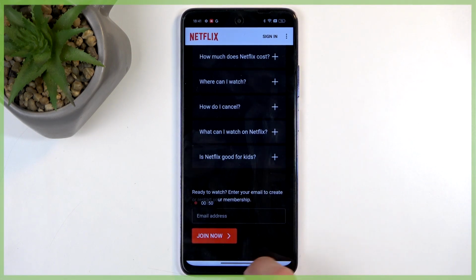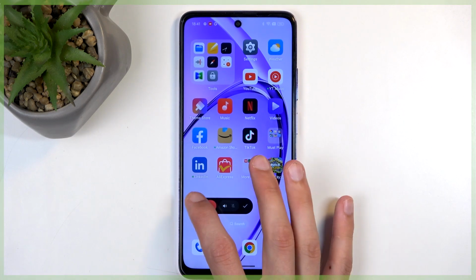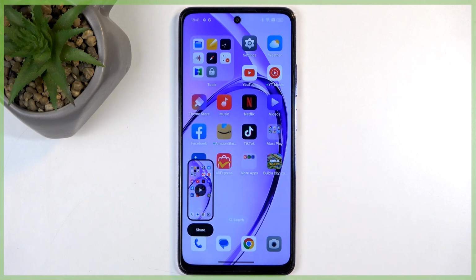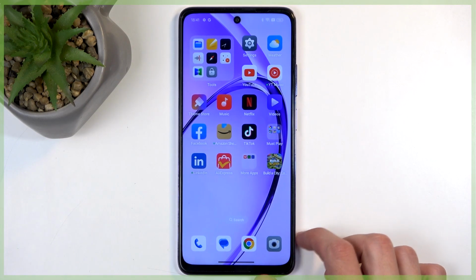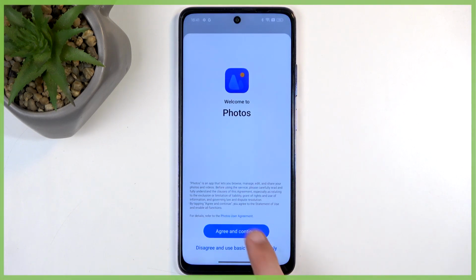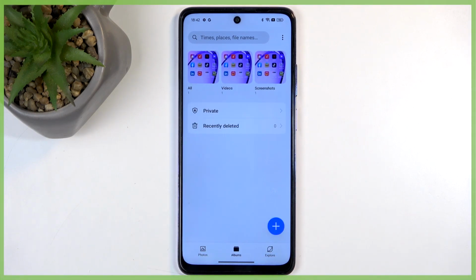So anyway, let's close this now. Come on, there we go. And I'm going to stop the recording. So I'm going to click right here on this check mark, and this will save the recording to the Photos application. There we go. And you can see it under the Photos tab right here, but you should also be able to find it under Albums and